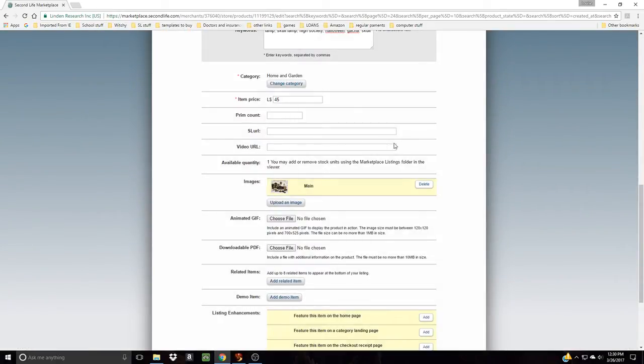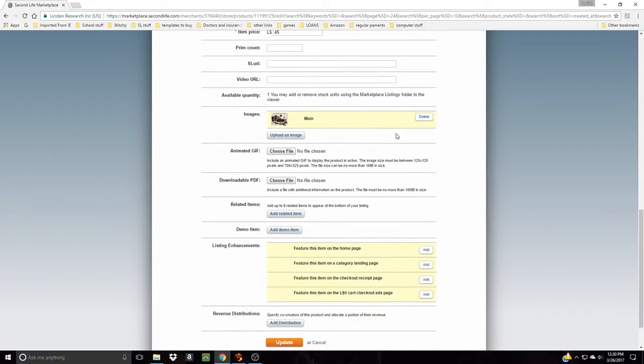Stuff like video URL, you only will use these things if you have, like, a prim count to it. I don't know the prim count. I don't have anything like that. If you make a video for something, then you can put the video of it. But for gachas like these, don't bother. Animated GIFs and things, but,